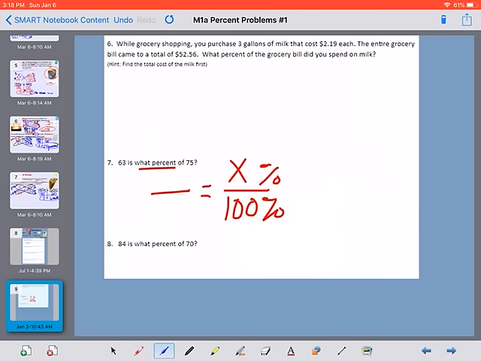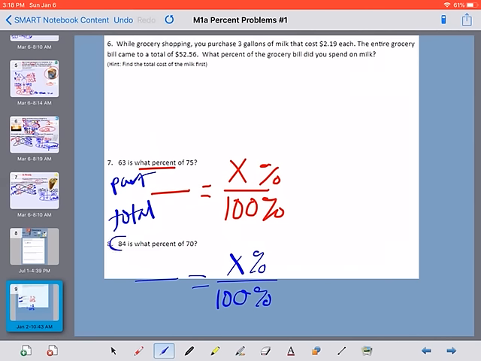So you would just need to put your two numbers, the part and the total, to cross multiply. Same thing with this last one, except we're still finding the percent out of 100%, except it says 84 is what percent of 70. So they're telling us 70 is the total, 84 is the part. So we're going to